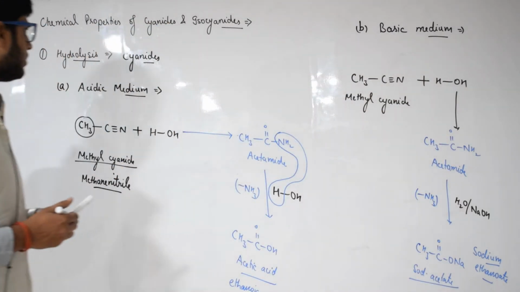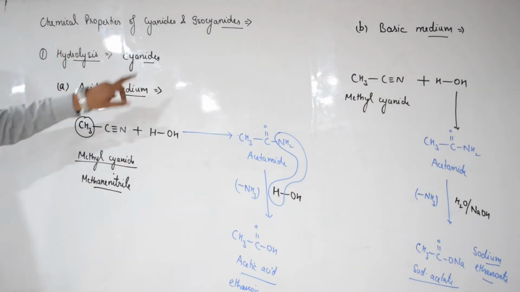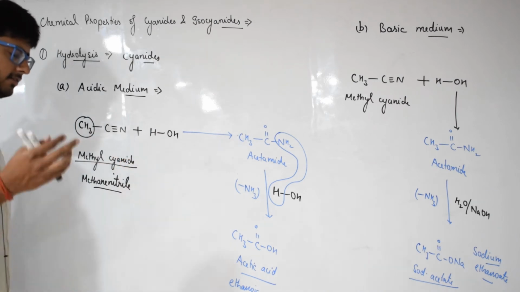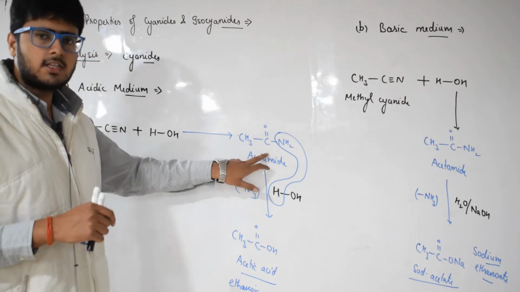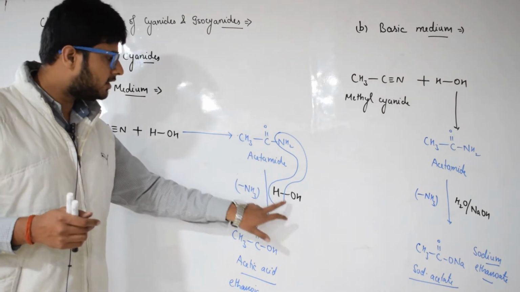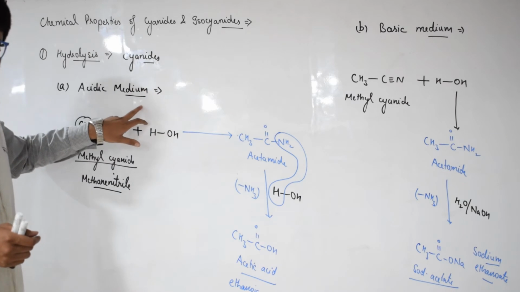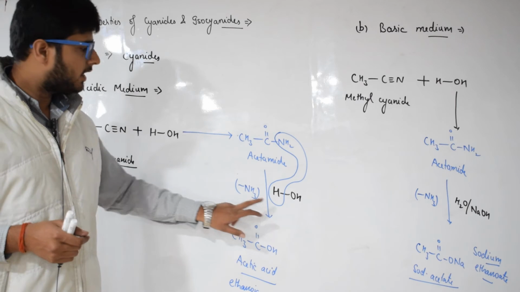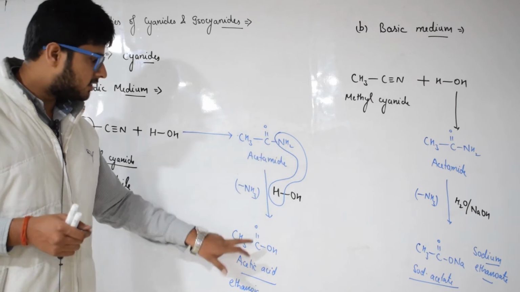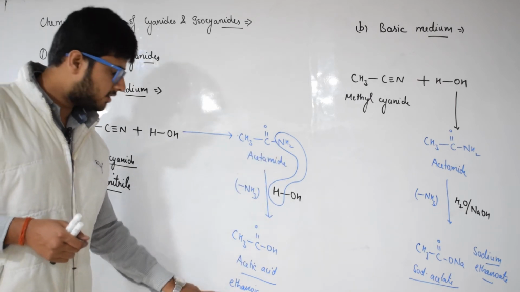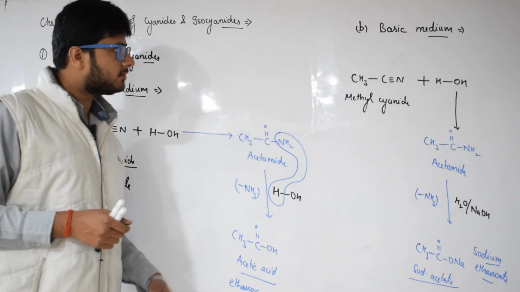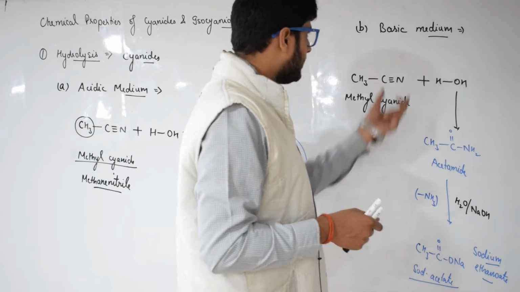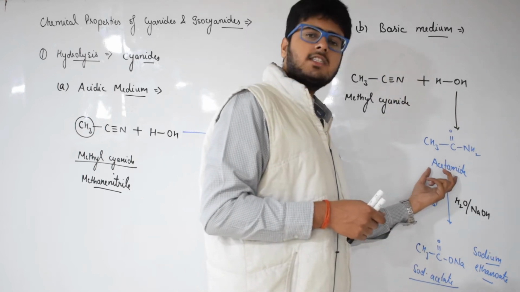So, this is the hydrolysis of cyanides, first in acidic medium and then in basic medium. When a cyanide is hydrolyzed, at the first level acetamide, an amide, is formed, and when it is further hydrolyzed in acidic medium, NH2 combines with hydrogen to form a molecule of ammonia, and this OH is attached over here. It leads to the formation of acetic acid, also known as ethanoic acid. But when cyanide is treated with water in basic medium, the first step is the same, again amide